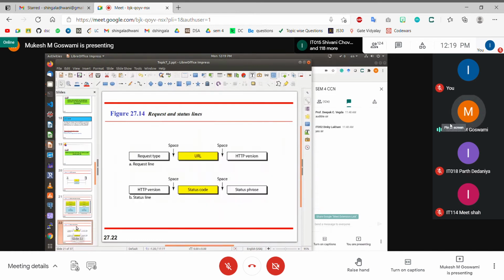Okay, so let us try to see what the request line has. The request line actually consists of the request type, right? There are multiple types you can have for a request. Let's say get request, post request, put request, delete request. Get request means when you are getting something for the first time, you are requesting a page, that is called a get request. Post request means that you are sending some data to the server, and the server is supposed to respond